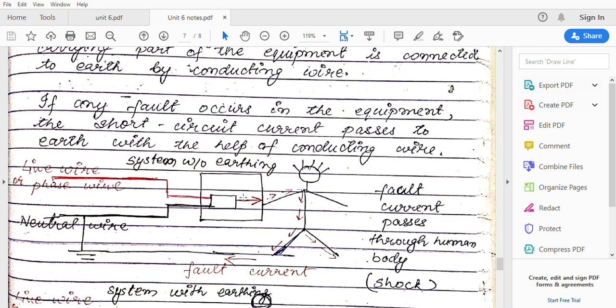So what will happen, that current will pass through your body, and see how the hairs will become, you will be getting a shock. Okay, so that current will pass through your body and then go through the ground, because the current needs to complete a closed path, so it will be getting a low resistance path through your body itself. So this is how you can receive shock.